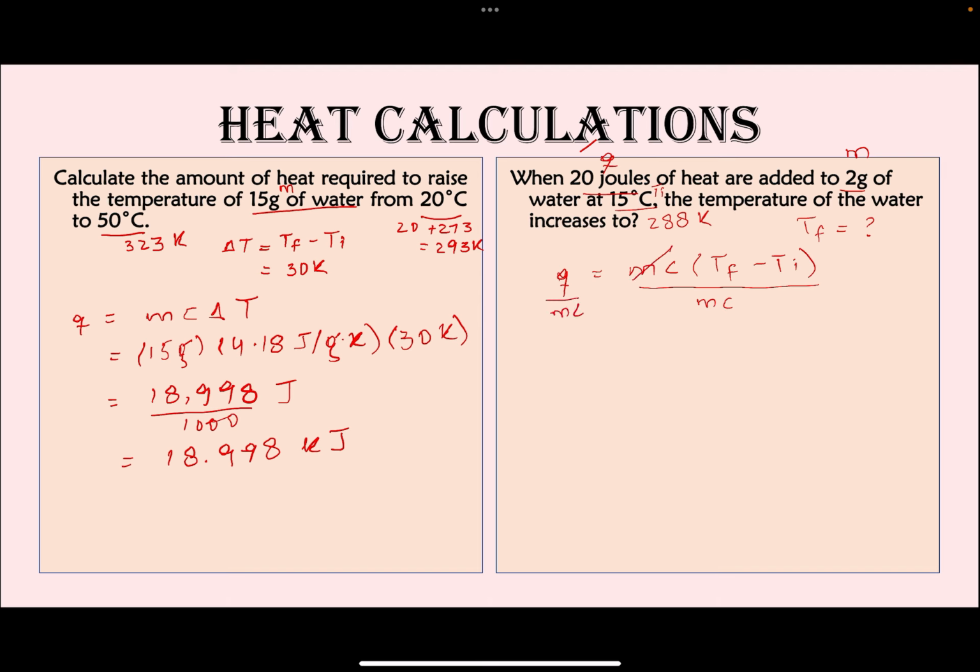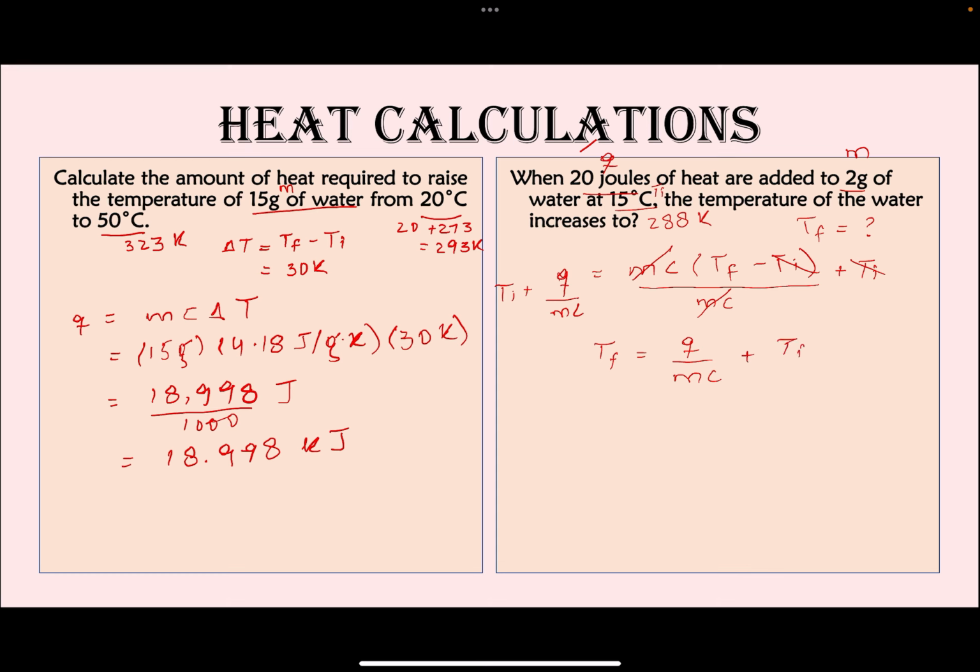After we do that, we can cancel MC over here. The next thing that we want to isolate is the TI. So we can go ahead and add TI on both sides. TI, remember, is your initial temperature. So we can get rid of the TI on this side. So now our equation becomes final temperature equals Q over MC